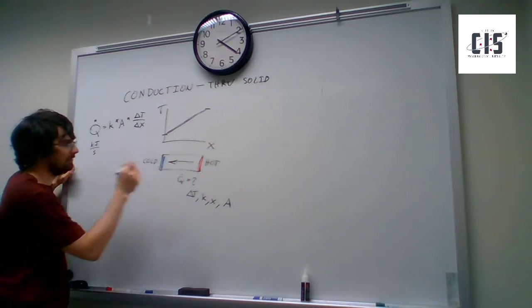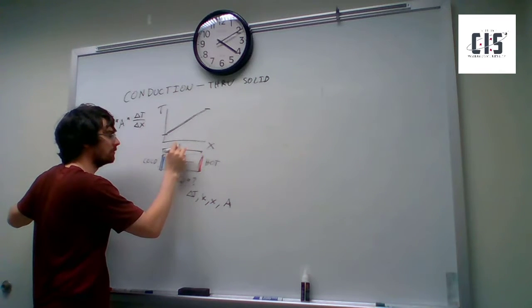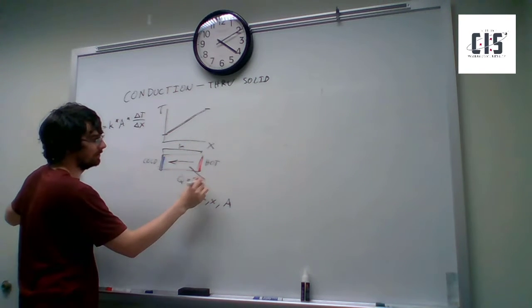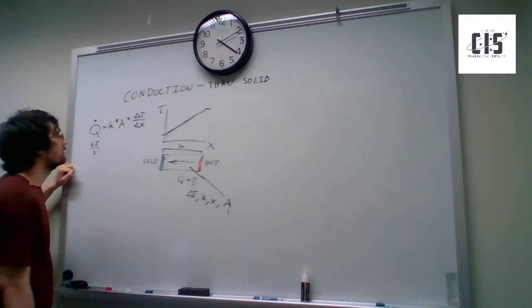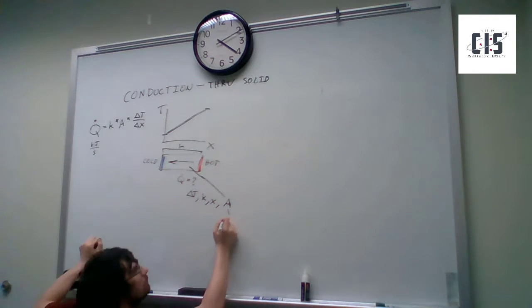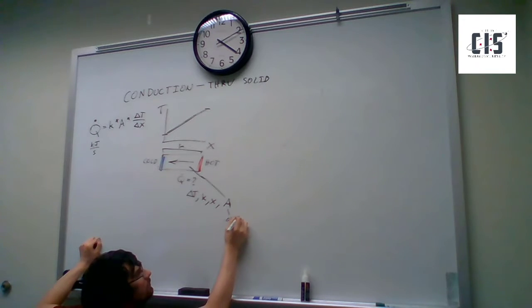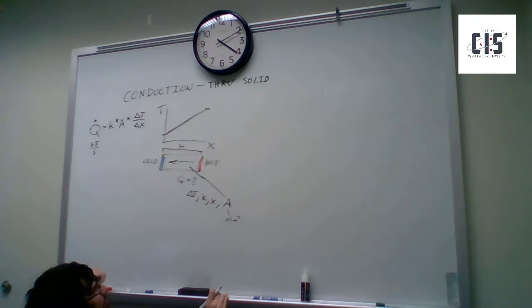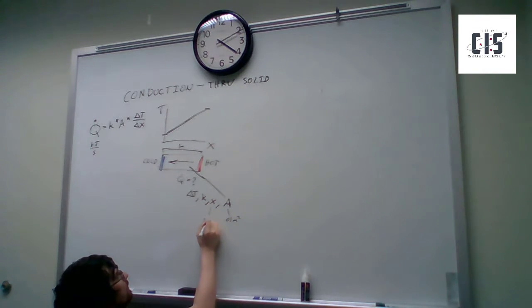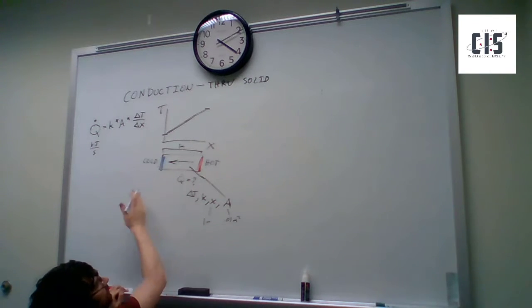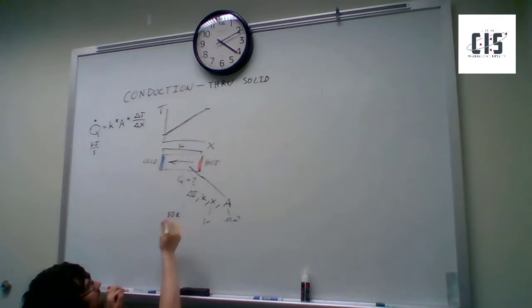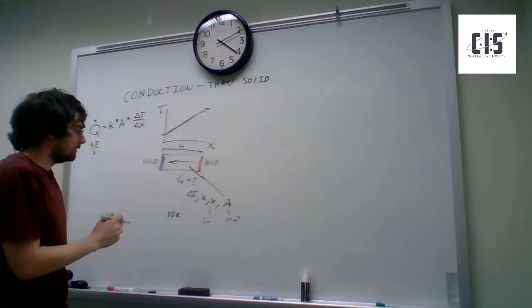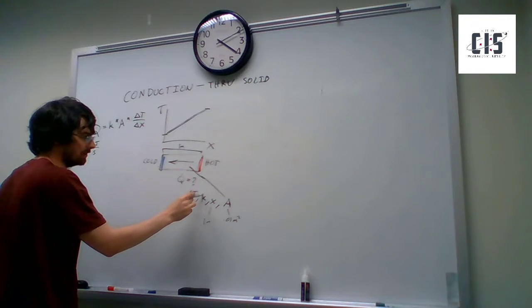So let's say this is 1 meter long, and the area is, let's see, 0.01 meter squared. Just to make it simple. 1 meter, and then the difference across that is, say, 50 K maybe. I need to look up the